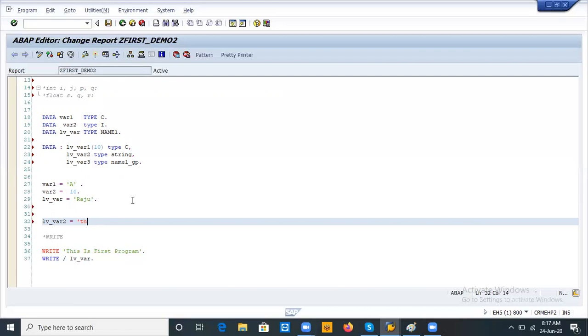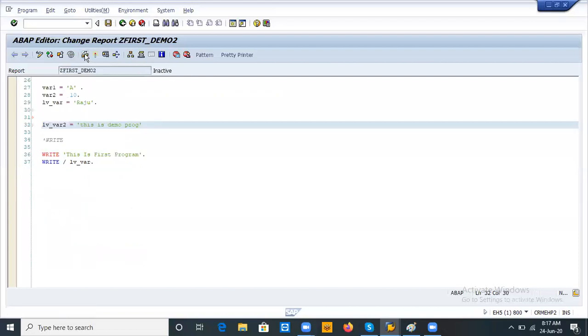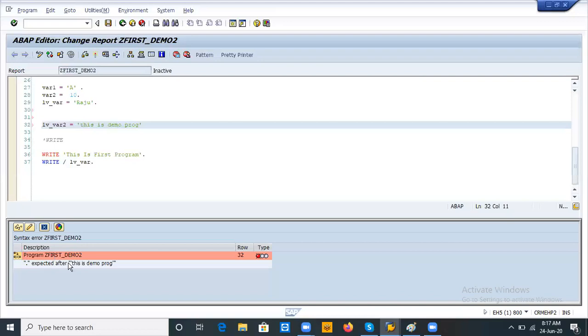So I am writing this is demo program. Just one string I am passing here. Okay, see, I am not giving any dot here. Just save. See, check syntax, what it is saying. Dot is expected after this demo program. By seeing this error itself, you can come to know where we need to keep the dot.